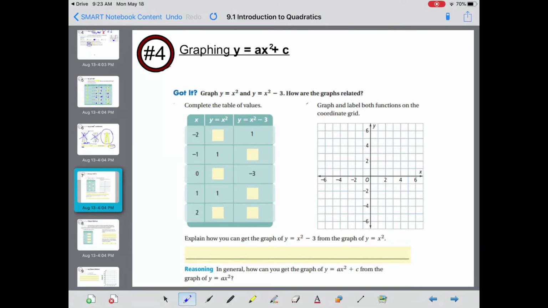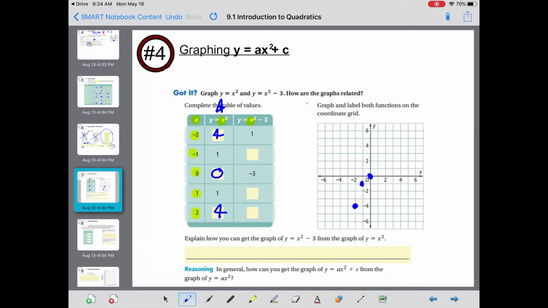So graphing y equals ax squared plus c, very similar. Again, they want us to plug these x values in for x in each of these equations. The first equation is pretty simple. You're just squaring all of the x values. -2 squared is 4. -1 squared is 1. 0 squared is 0. 1 squared is 1. 2 squared is 4. So if we plot these points, negative 2, 4, left 2, up 4,